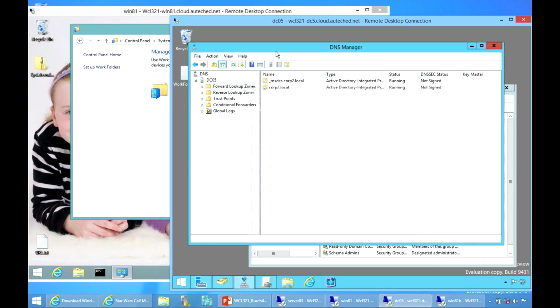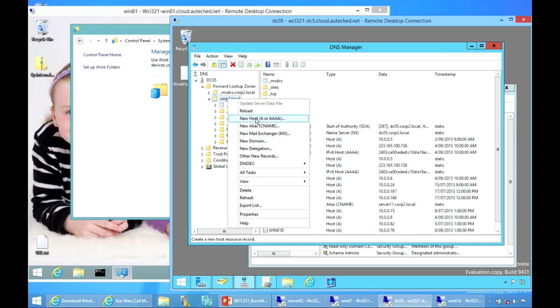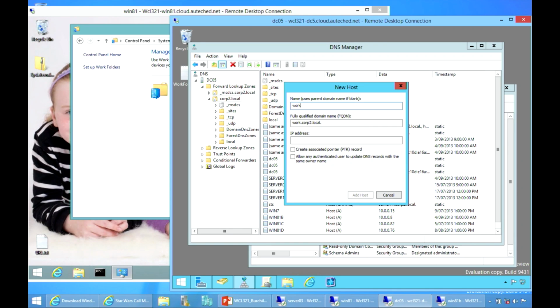Terrible, terrible. Okay, so I have to do two things. What I'm going to do now is remove that prerequisite to actually specify that URL. And I do need to do two things for that to happen. Number one, I need to set up a DNS record, and the DNS record needs to be work folders. And you notice there